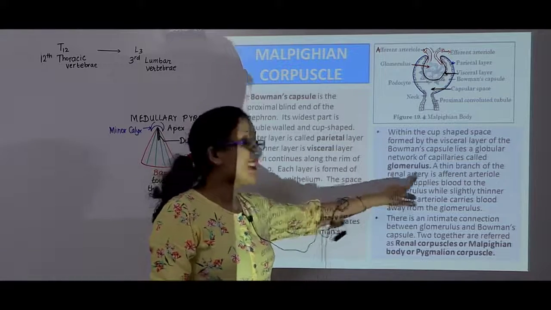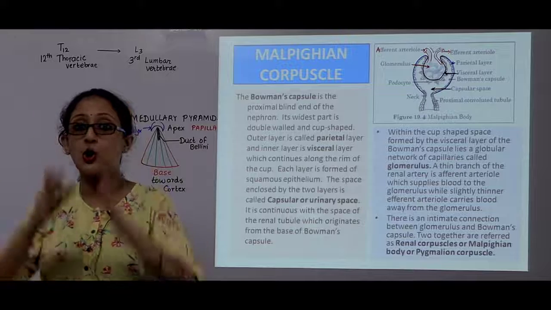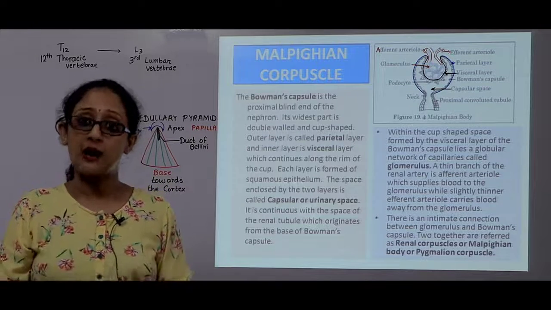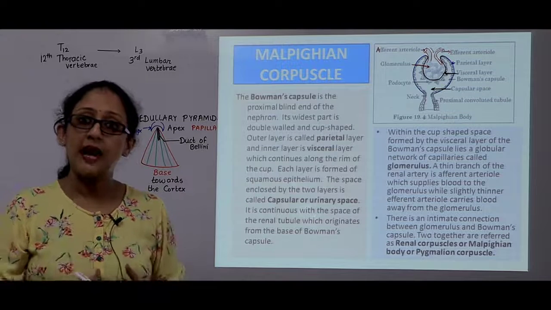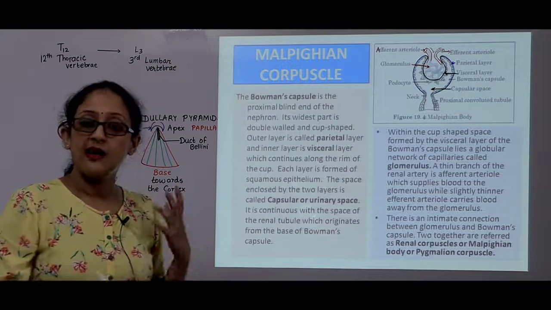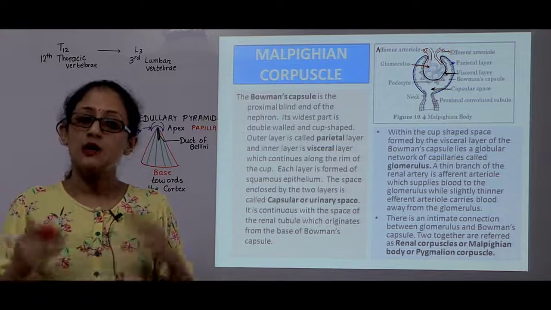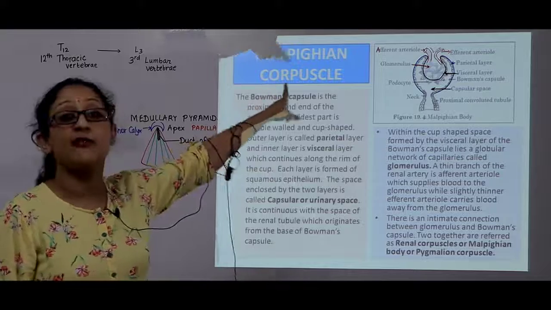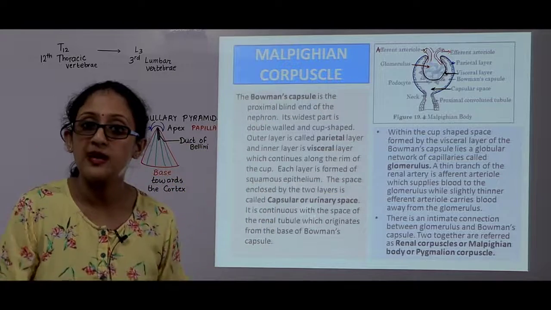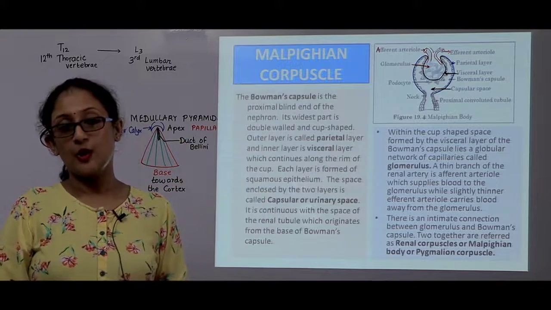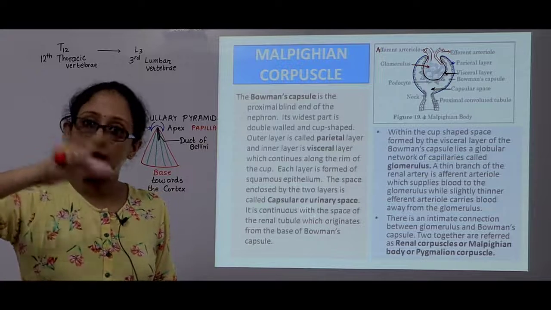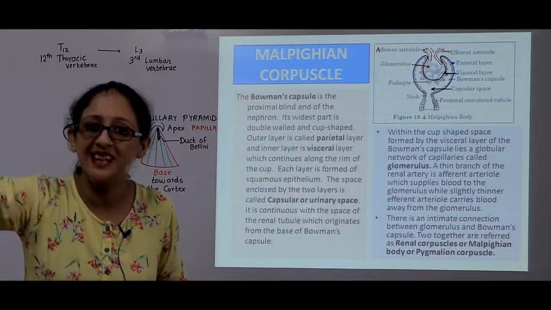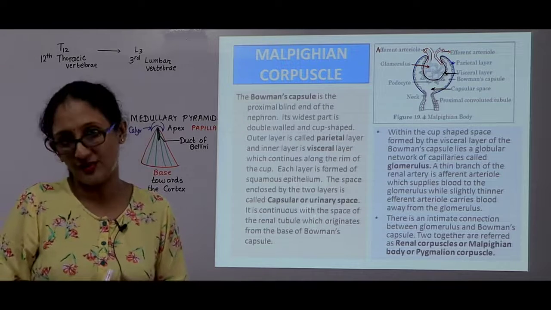They are branches of the renal artery. I told you the dorsal aorta gives branches called renal arteries. So once the renal artery enters the kidney, if you have 1 million nephrons, that renal artery will break down to 1 million branches, 1 million afferent arterioles. An artery's child is an arteriole. So one renal artery enters one kidney. It divides into 1 to 1.2 million branches depending on the number of nephrons.